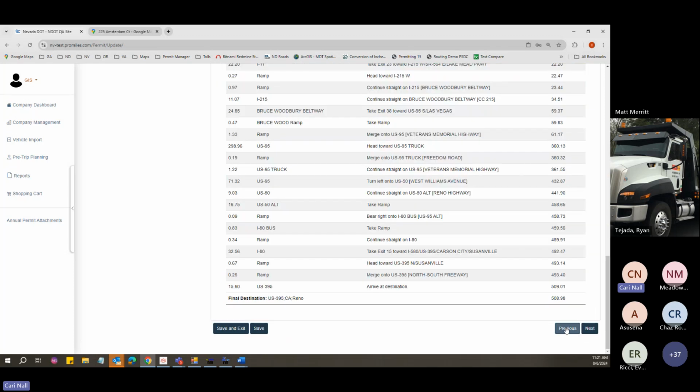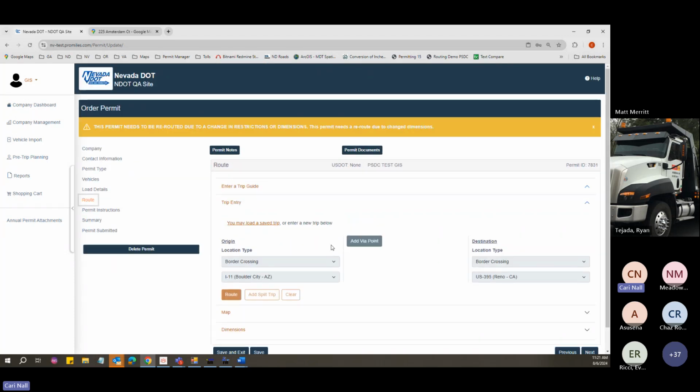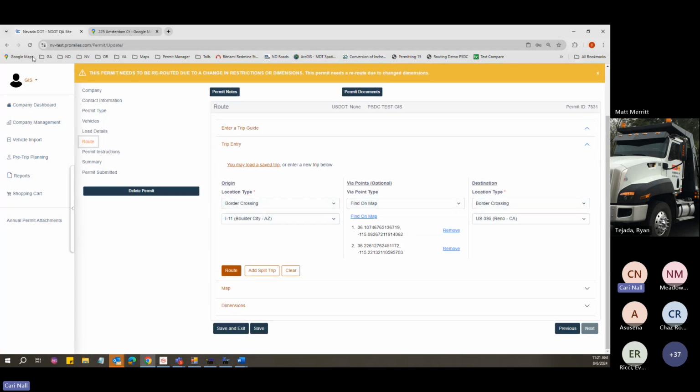If you were to come in here and your permit application, you're 17 tall, we'll go 17.6 just because it's already in there. If you're a 17 tall route and you have your route going on in here, it's going to tell you first off, you changed your dimensions, so you absolutely have to reroute because anything that is being violated now needs